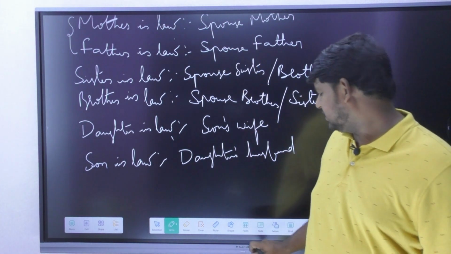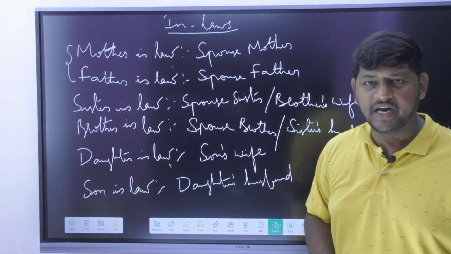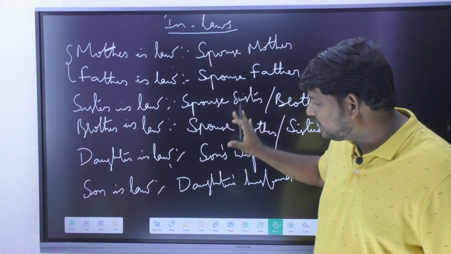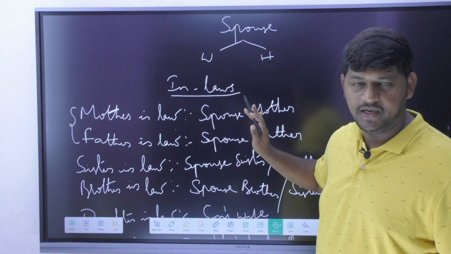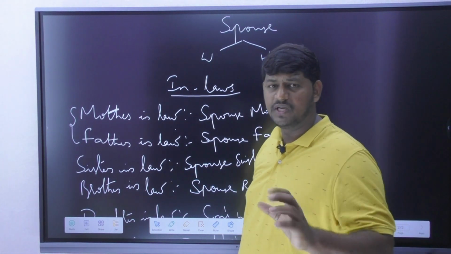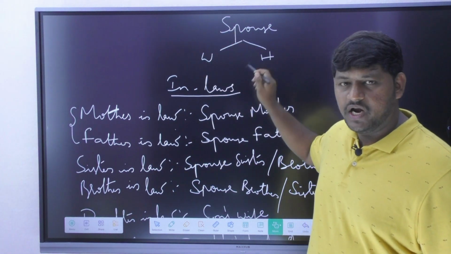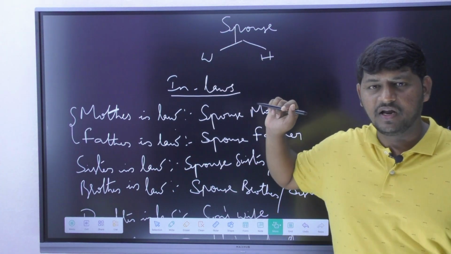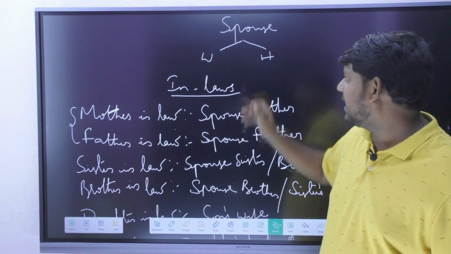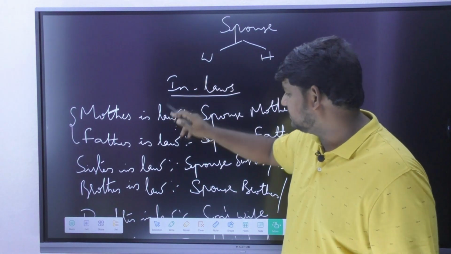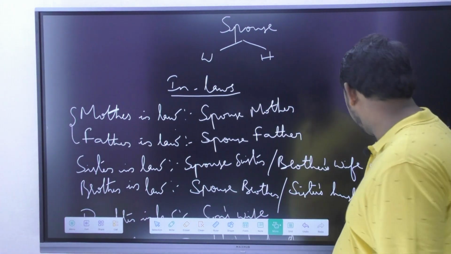Now, these relations, whatever relations I am mentioning over here, are actually your in-laws, persons related to you through the system of marriage, and this is your spouse. Am I clear? After becoming an adult, the most important person in your life, the best companion in your life, is your spouse. So please, these are all nothing but your what? Relations occurred through the system of marriage.